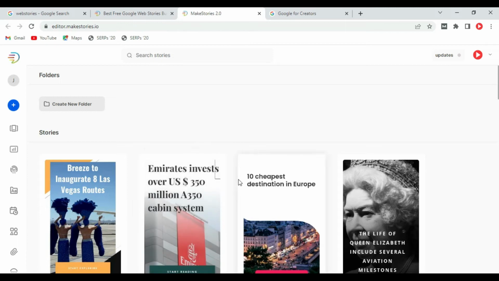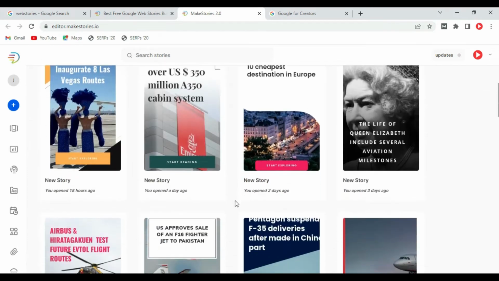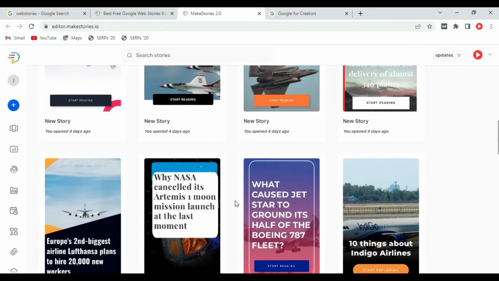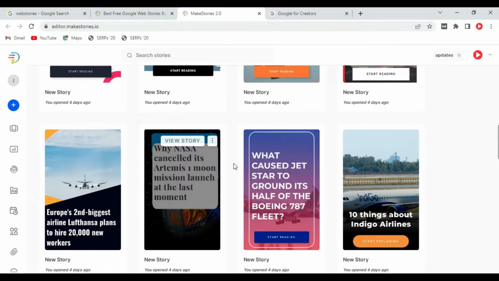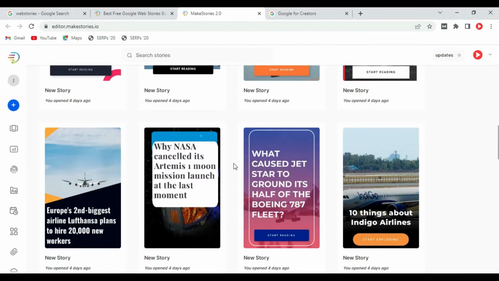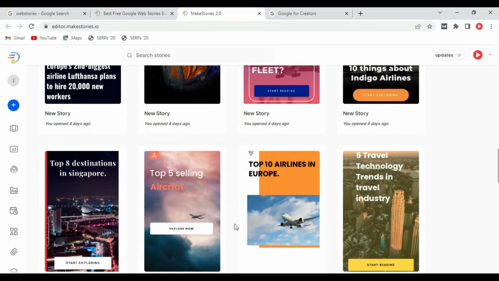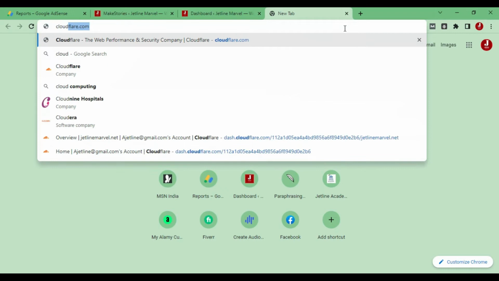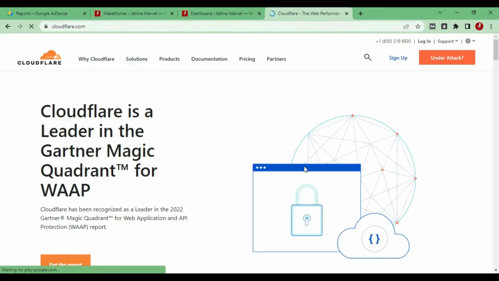If I go to Makestories, as the tool gets started, this is one option where we publish our web stories from Makestories.io, where we have to connect our DNS server with our website. Then it will automatically get connected. If you are on Cloudflare, you can try it out over here. You just go to Cloudflare